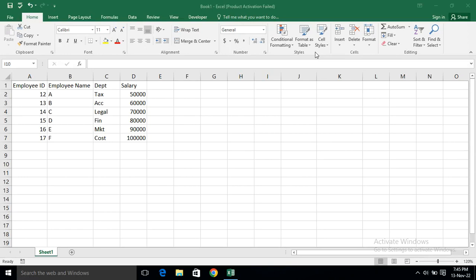So in today's video we are going to show you how VLOOKUP works. For VLOOKUP, it is necessary that your search values should be in the leftmost column of the data, and your data should be lying vertically. So first of all, you have to copy the column headings,